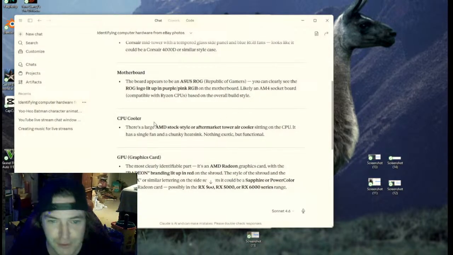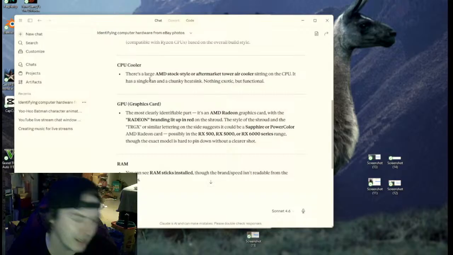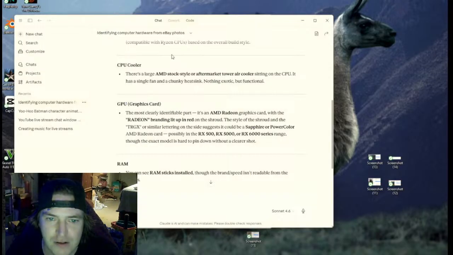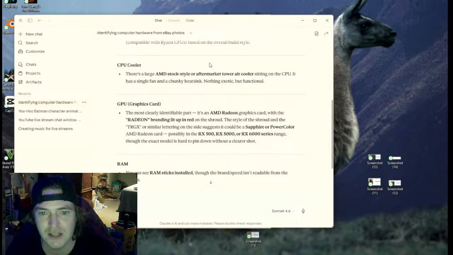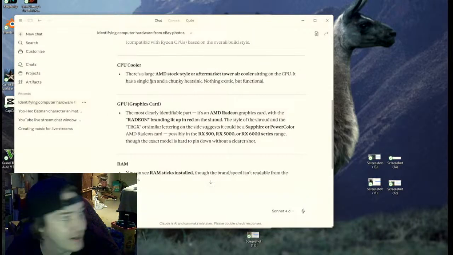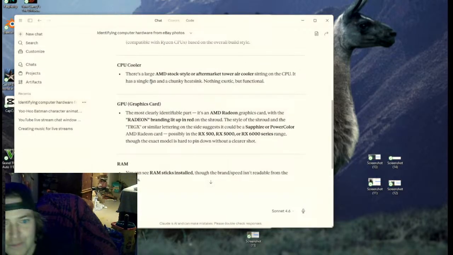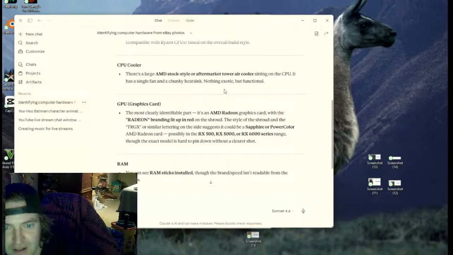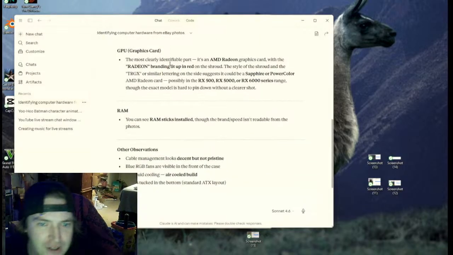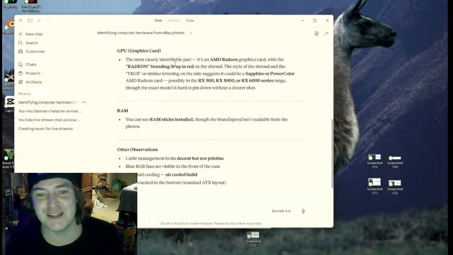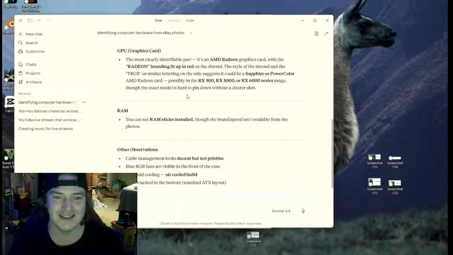AM4 is not a bad computer. I'm essentially using like the Intel version of one. There's a large AMD stock style or aftermarket tower air cooler sitting on the CPU. It has a single fan and chunky heatsink. Nothing exotic but functional. GPU, graphics card. That's the guts. Oh, those are what we want out of these things. The most